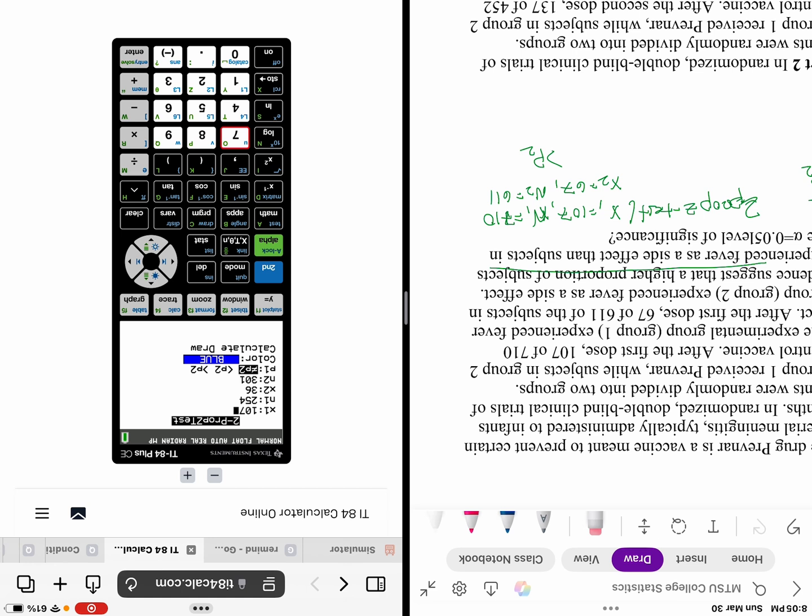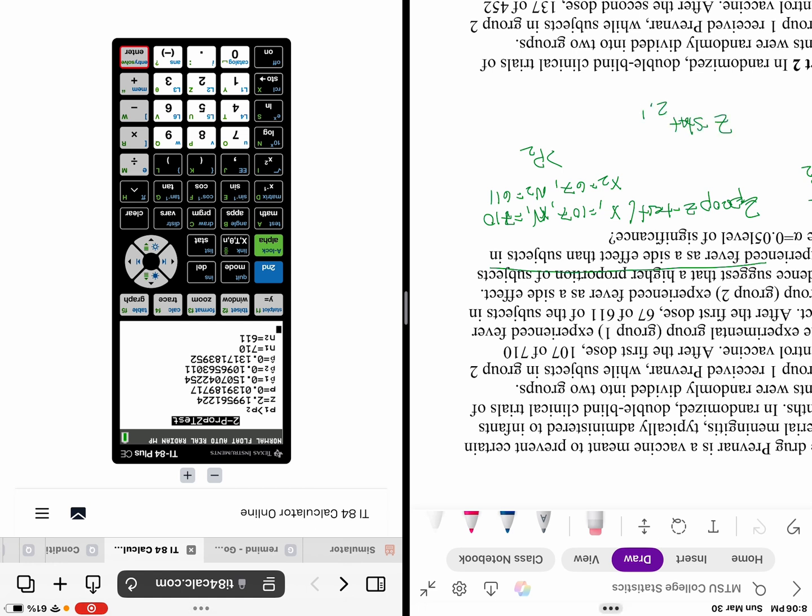107. Remember, you can always pause this if I'm going fast. 710, 67, whoops, and 611. I realized that it didn't get my 0. There we go. And we are doing greater than. It looks good there, double checking. Hit enter. We have a Z statistic